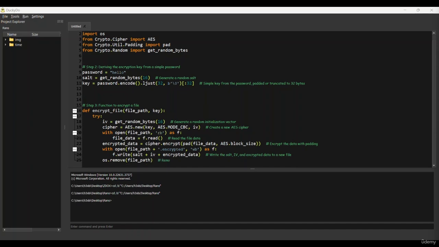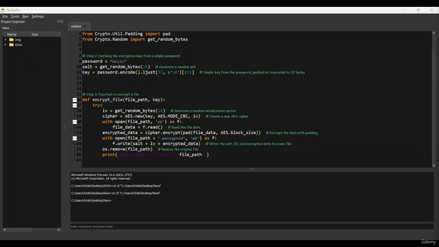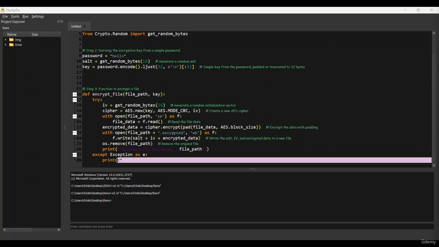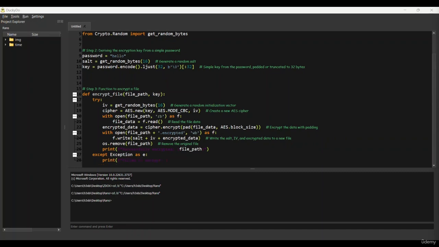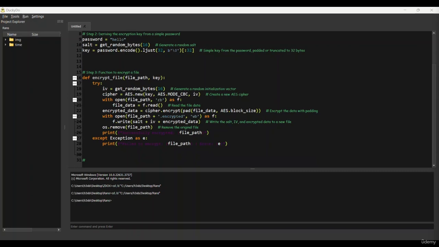What we'll do is this will remove the original file, and print the success message, the file path, and accept exceptions. Path error is... so okay. What we did here is